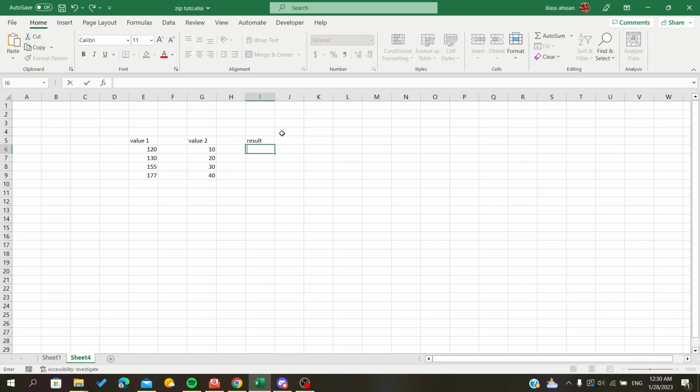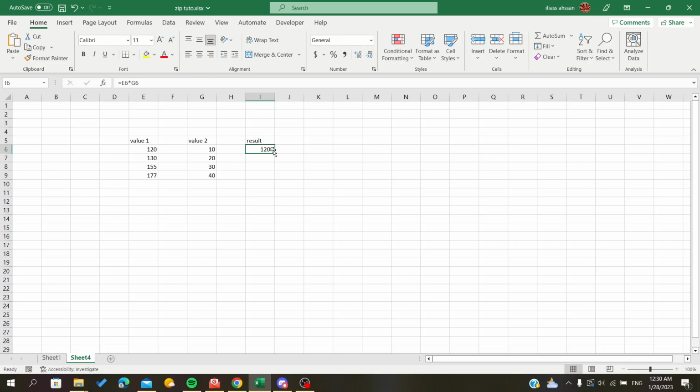So now I will just initiate a formula so I can show you how to fill down all into this column automatically. So we will initiate our formula with the equal operator because it is the initiator of formulas. So let's just do a simple formula. We will take this cell and multiply it with this one. So 128 multiplied by 10 will be